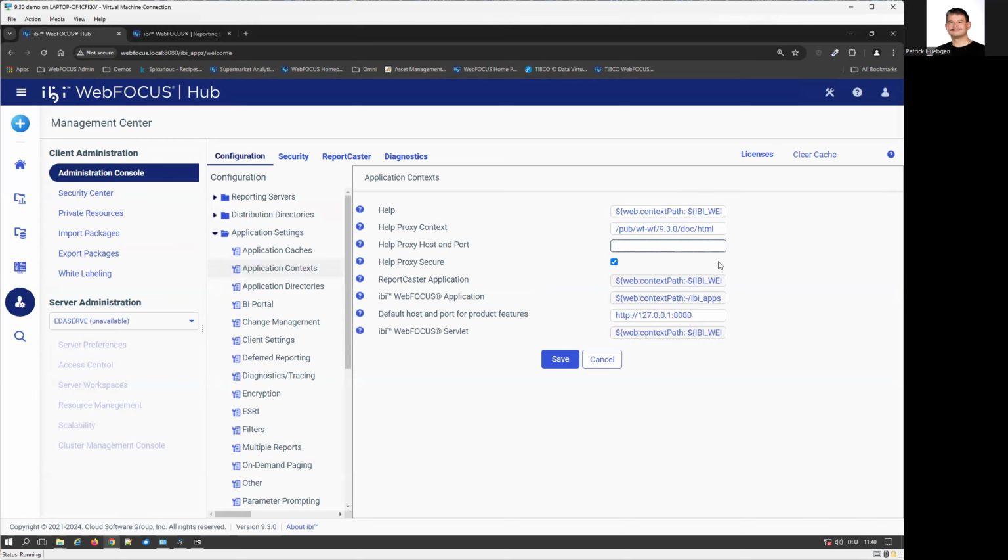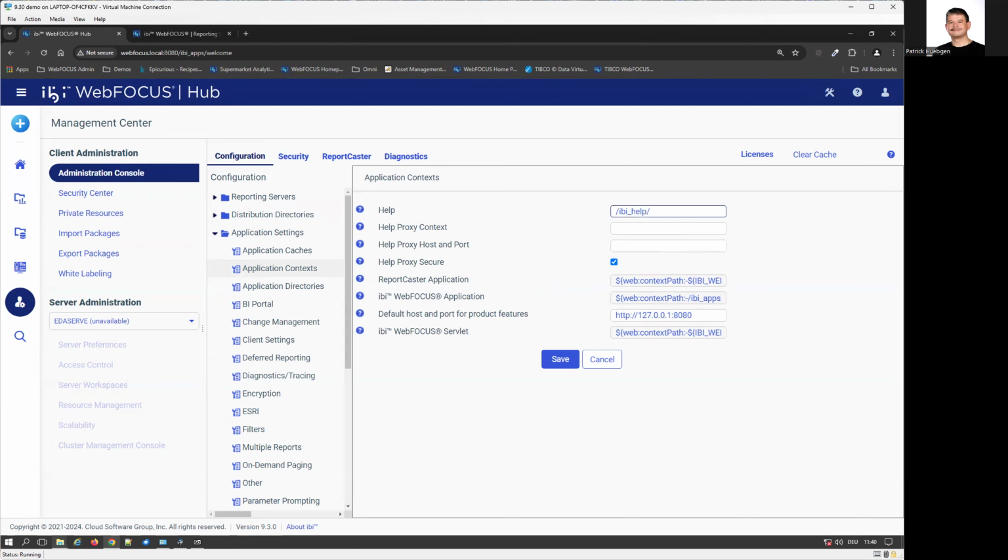So just remove those two values here. And for that one, remove everything besides IBI help / and add